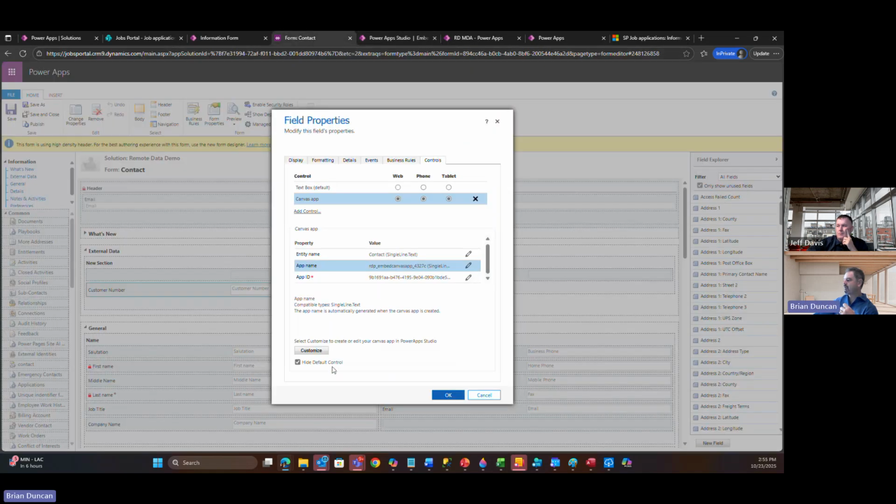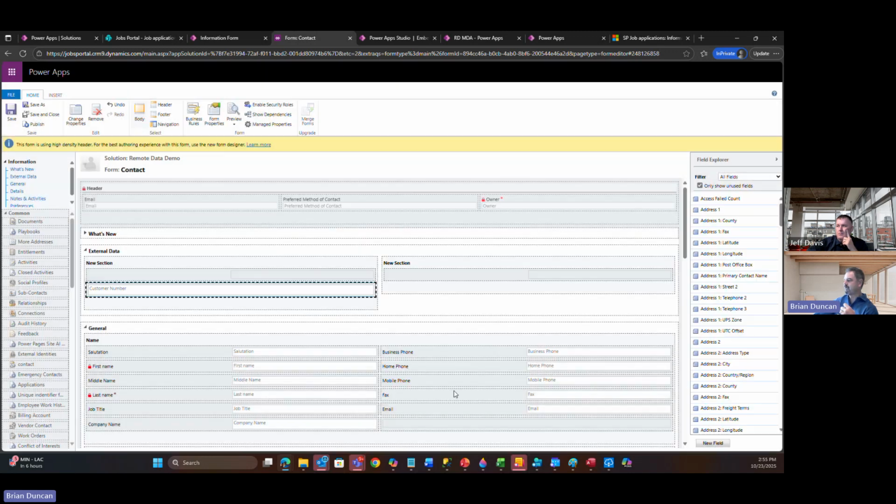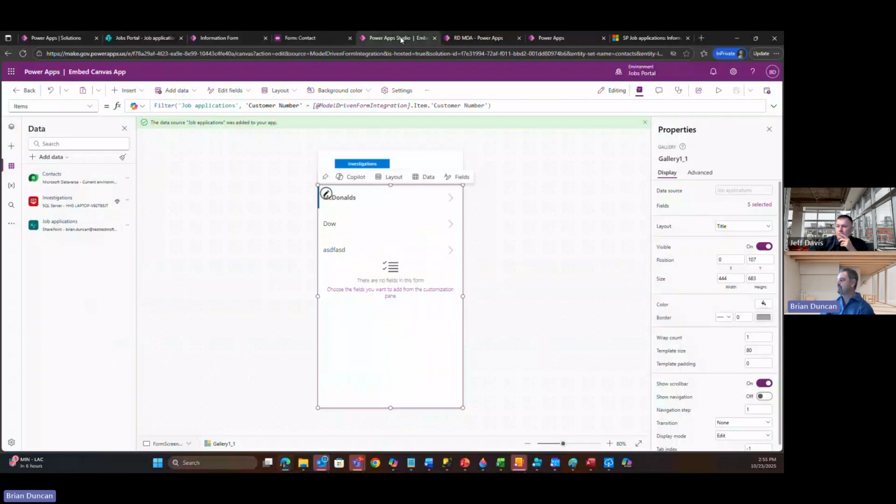I'm going to go back to the form. I already do have hide display control. I also want to not display the label on the form. Hit OK, hit save, and hit publish. Now this particular form has a piece of canvas in it that if I go back to my application and run,